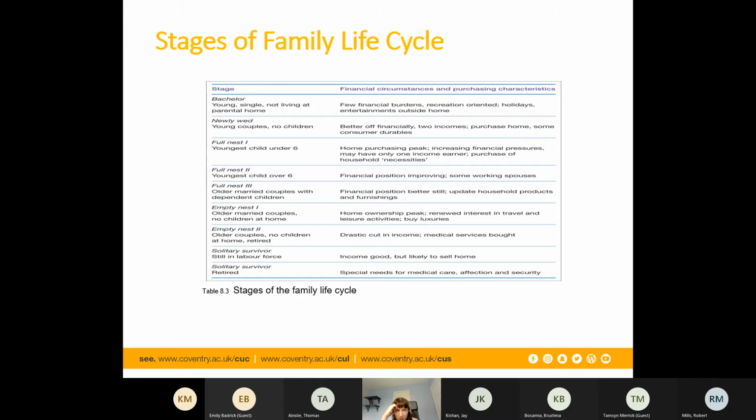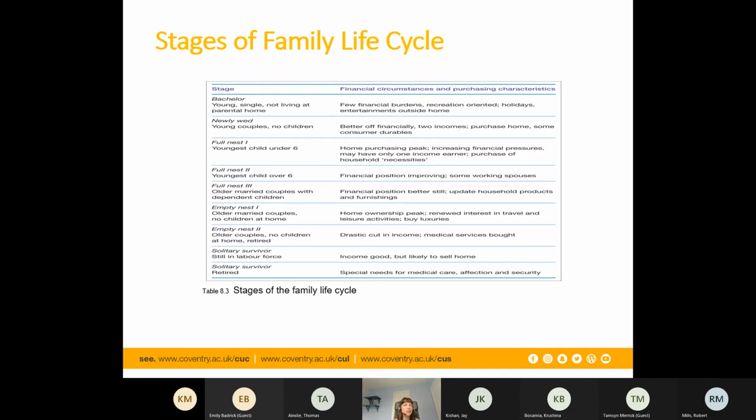I think for Cafe Rouge, we're probably looking towards empty nests, aren't we? Probably empty nest one potentially, or full nest two, with almost date nights. So I think this gives you an idea of how you can build up a bit of a profile. I'd like you to go out on a bit of a limb on this and really build the profiles of the people that you think we should be attracting for the different brands, because I think doing that means you can create a really interesting marketing mix.